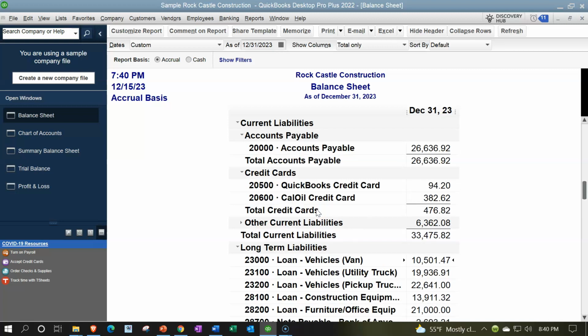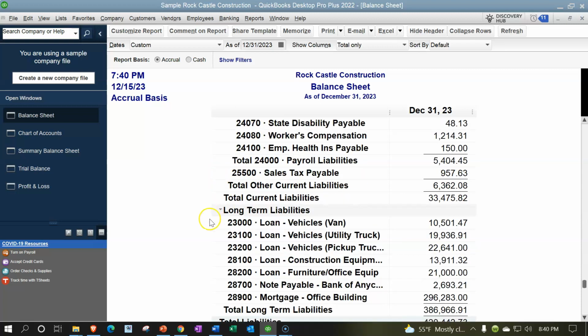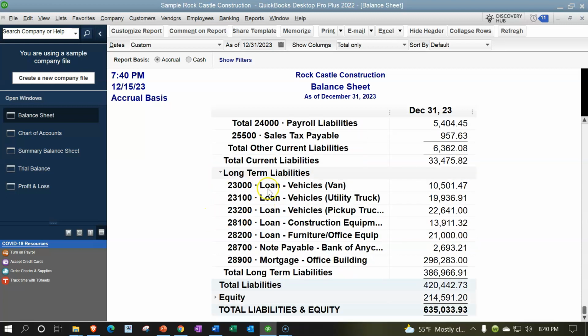So there's the other current liabilities, and then we've got the long-term liabilities. So I close those up. Here's the current liabilities, and then we have the long-term liabilities. These are going to be things, typically loans, that are going to represent items that are due outside or over a year's time out. This is a normal kind of accounting process. If you had a normal kind of balance sheet, you would expect to be breaking out between current liabilities and